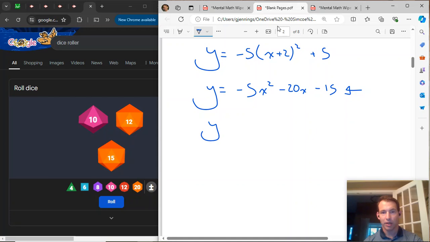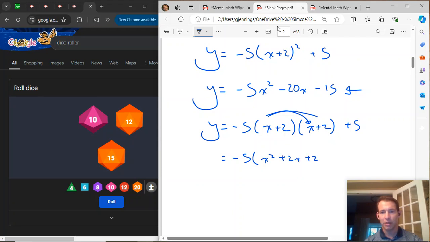You just take y is equal to minus 5 x plus 2 and square it. So we do this. Oh, and then we still have plus 5 here. And so we do that, and that's minus 5 times x squared plus 2x plus 2x plus 4 from doing all of our multiplications